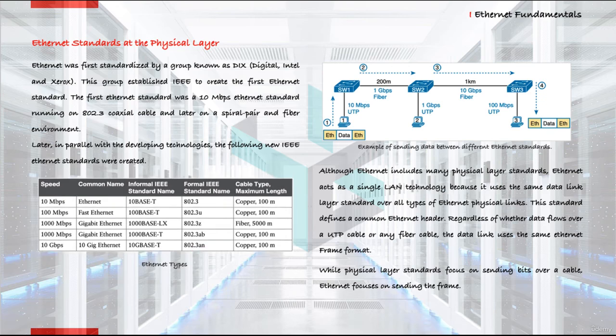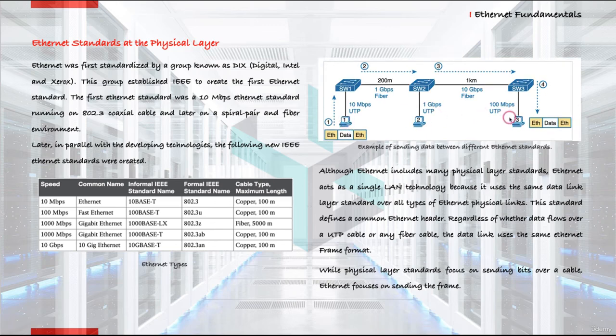When we look at the figure here, you can see an example of sending data using different Ethernet standards and different cable types. When our first user here transfers data to the third user, he uses UTP cable and 10 megabits per second Ethernet, and the switch here supports 10 megabits per second Ethernet and works at 10 megabits per second between them. The user sends the data at a speed of 10 megabits per second by adding an Ethernet header